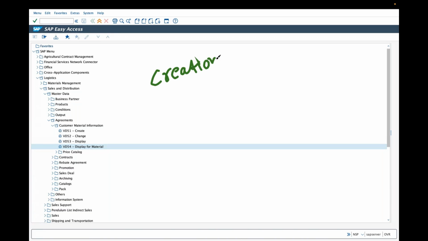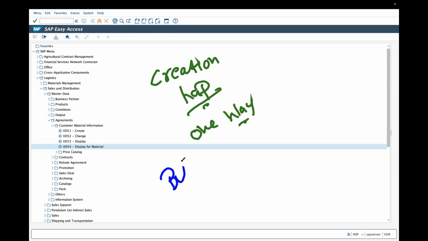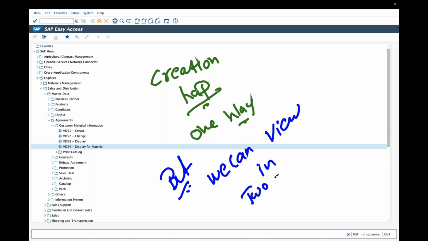Creation happens one way, but we can view it in two ways. If I go to 53, it is